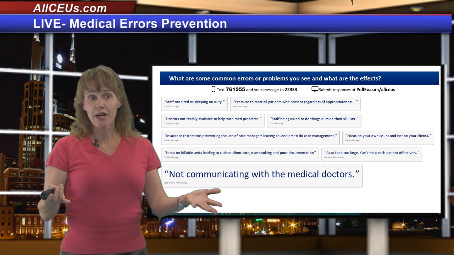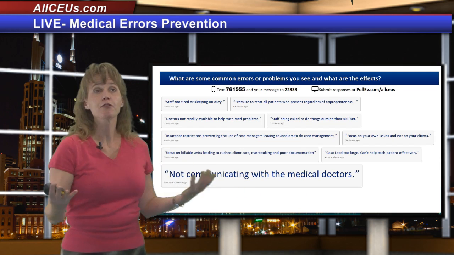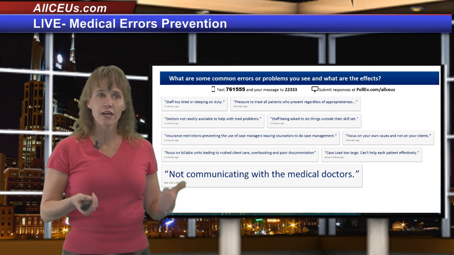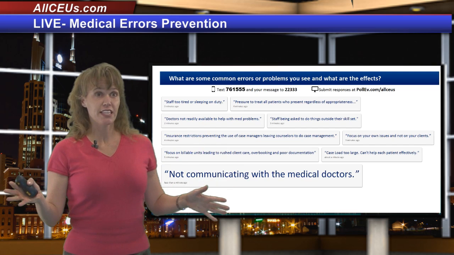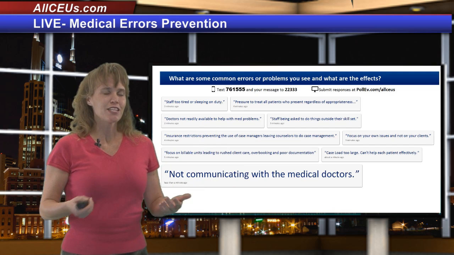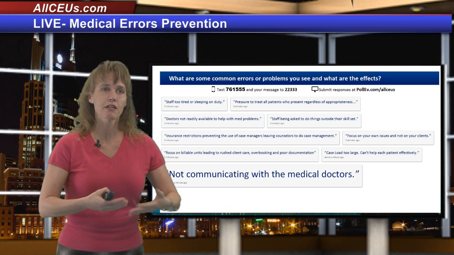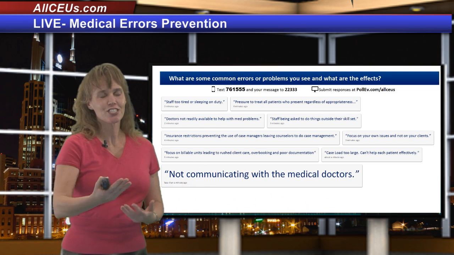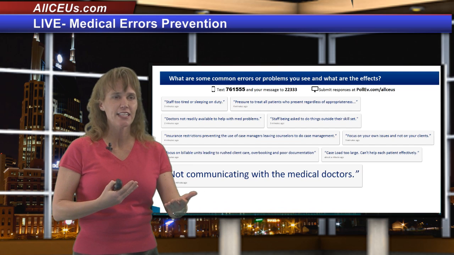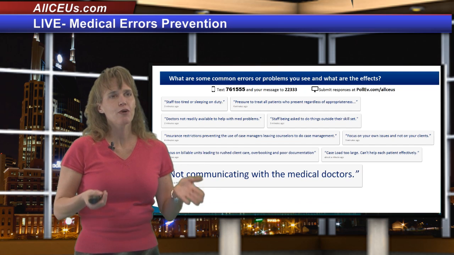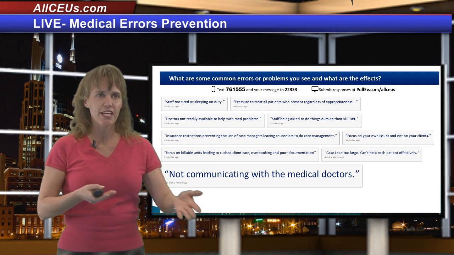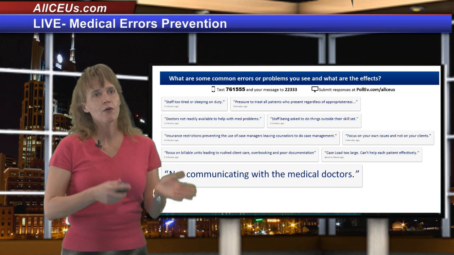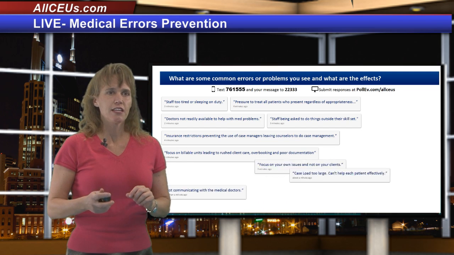Not communicating with medical doctors. Now, I've seen a lot of reasons for this. One reason being the doctors don't feel like they have time for you. One of the things I took to doing was writing up a synopsis for the physician if there was an issue, empower the client to talk with the physician, but also put that in the case notes. That way it was clear that there was communication back and forth, and we always had to initial the physician's